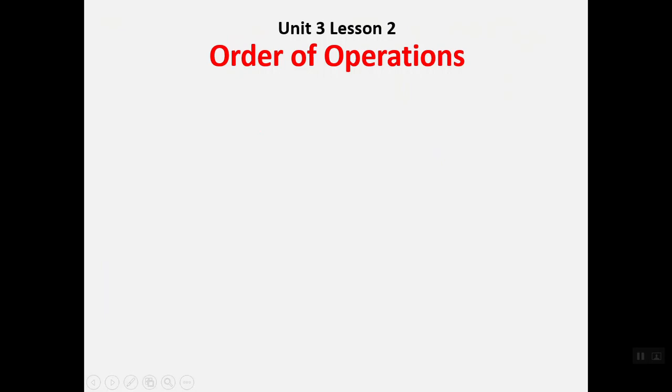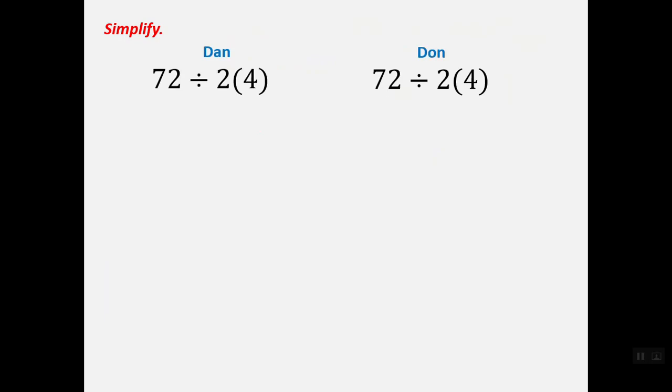This is Unit 3, Lesson 2, Order of Operations. Suppose we were given a problem to simplify. Dan and Dawn have a difference of opinion. Dan decides he's going to do 2 times 4 first and get 8, and then he's going to do the